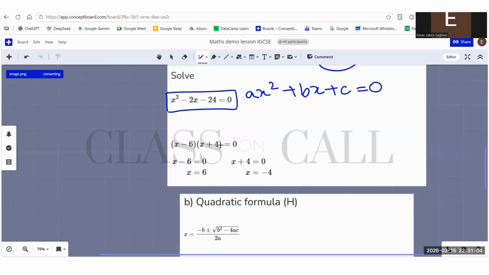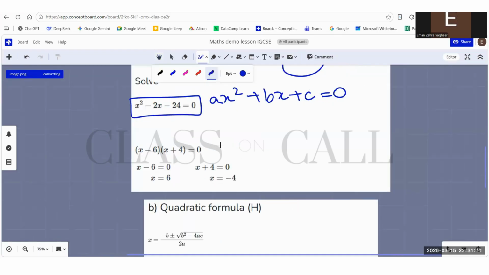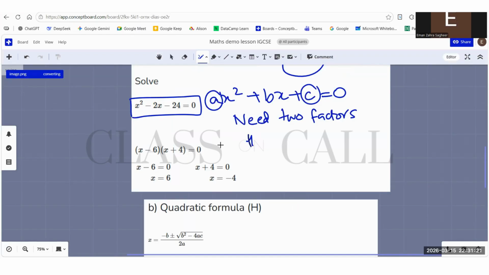Now I want to make factors for this quadratic equation. How am I going to make factors? To make factors, you have to look at this c here and this a here. You need 2 factors whose product